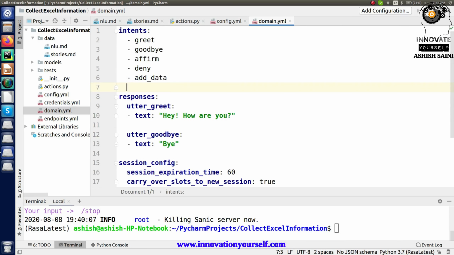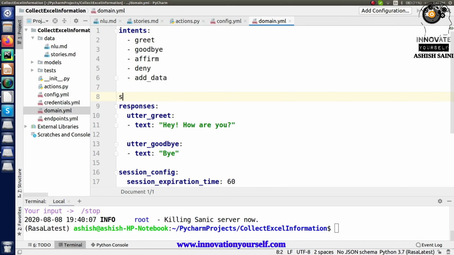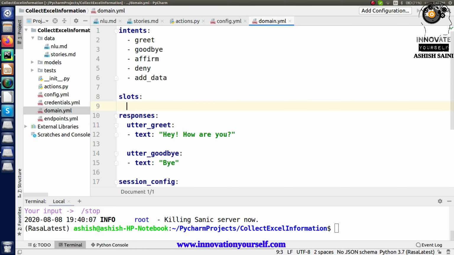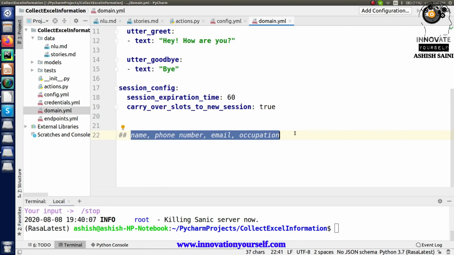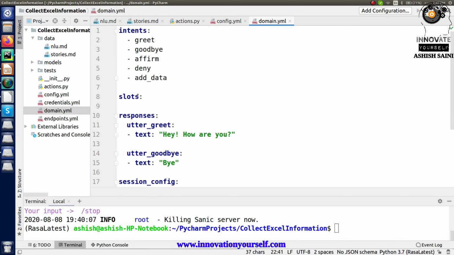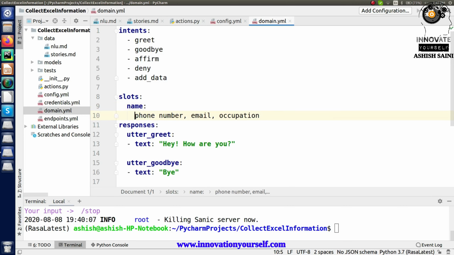For the forms part, you have to add some slots, right? So let's say slots, and inside the slots you have to mention the name of your slot. So let's say I am going to write these names only, right? These are the names.